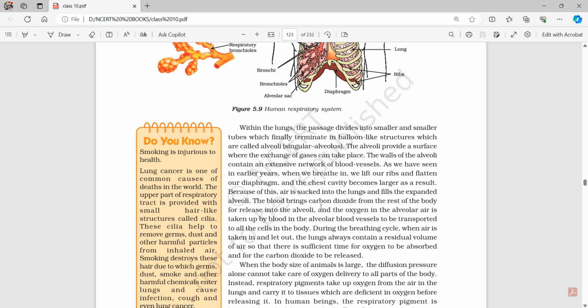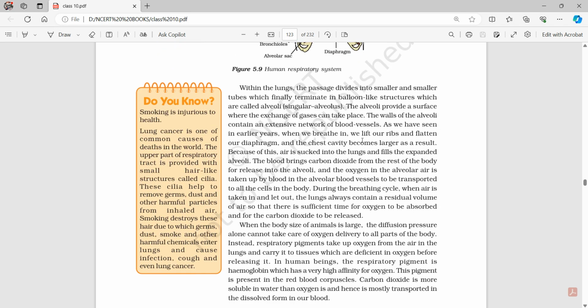As we have seen in earlier years, when we breathe in, we lift our ribs and flatten our diaphragm, and the chest cavity becomes larger as a result. Because of this, air is sucked into the lungs and fills the expanded alveoli. The blood brings carbon dioxide from the rest of the body for release into the alveoli, and oxygen in the alveolar air is taken up by blood in the alveolar blood vessels to be transported to all the cells in